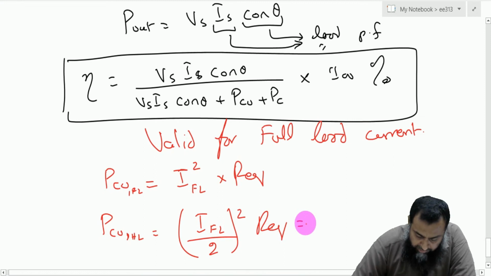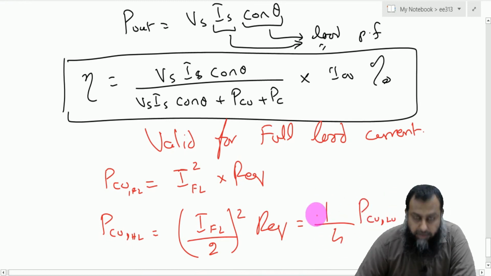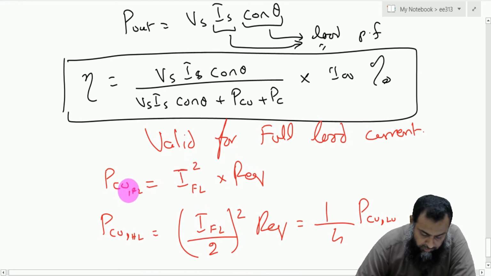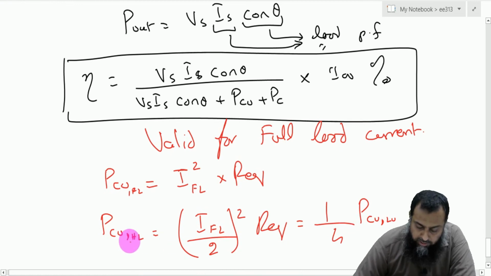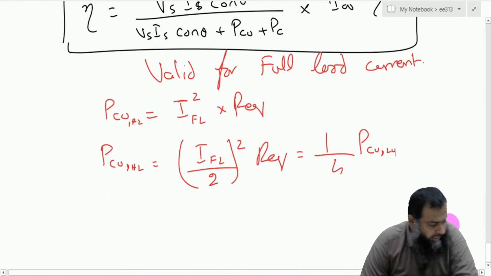So which means that 1/4 of the power loss remains when we are operating at half of the rated current, right? So you can see here that at full load the copper losses are maximum. If we reduce it to half load, we get only 25% of the copper losses. What I mean to say here is